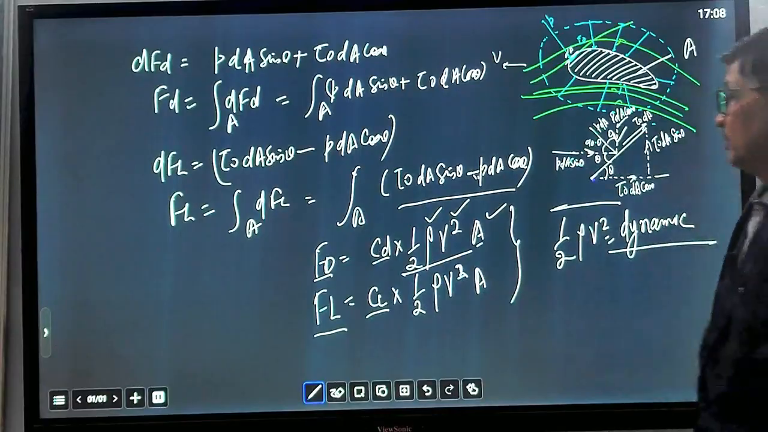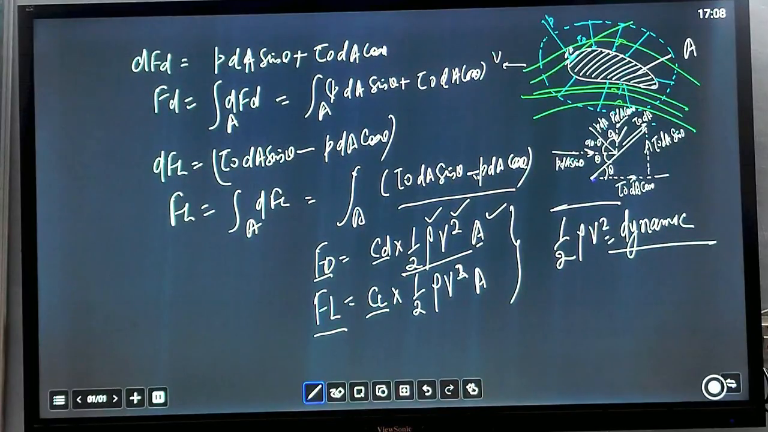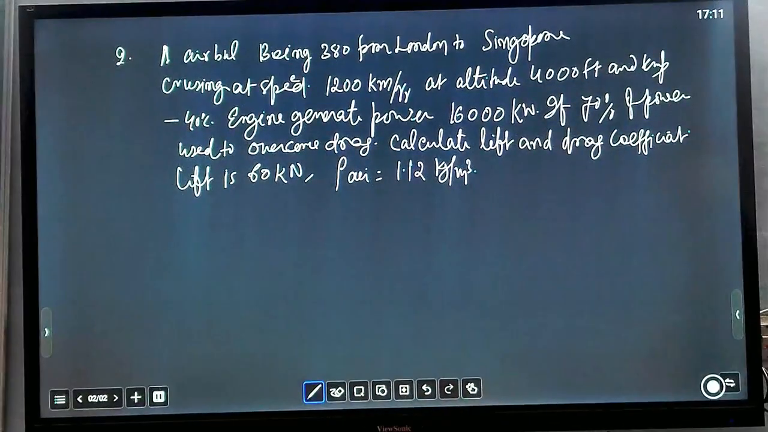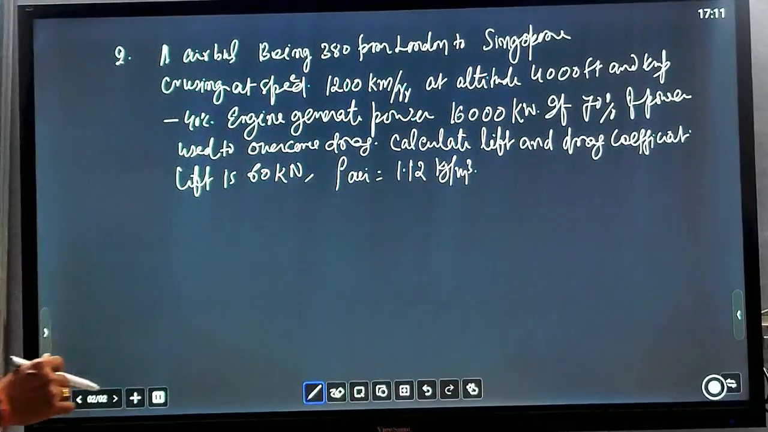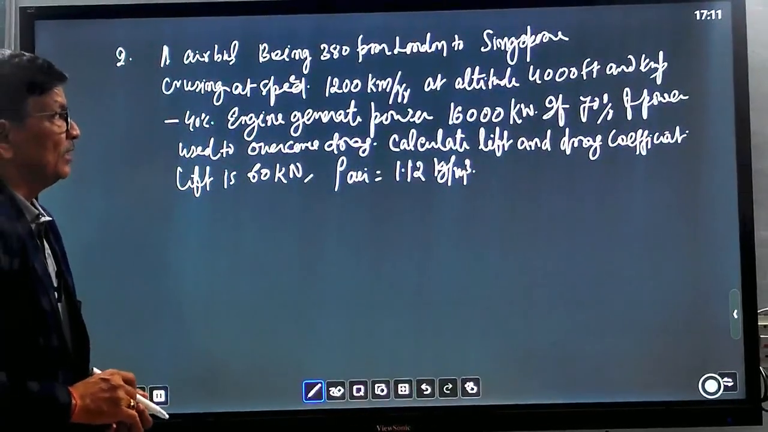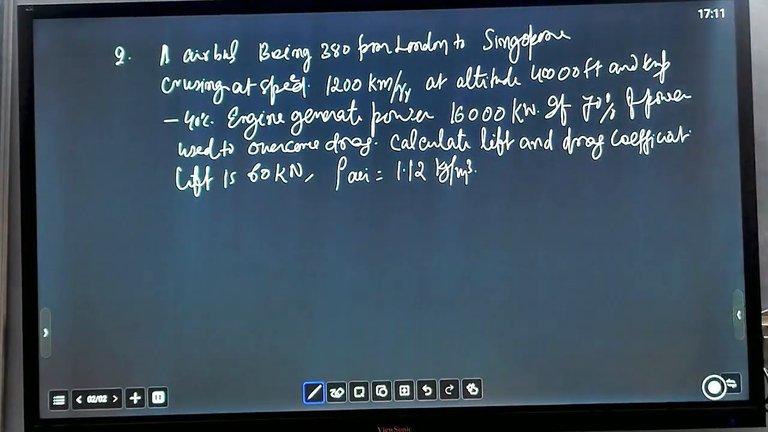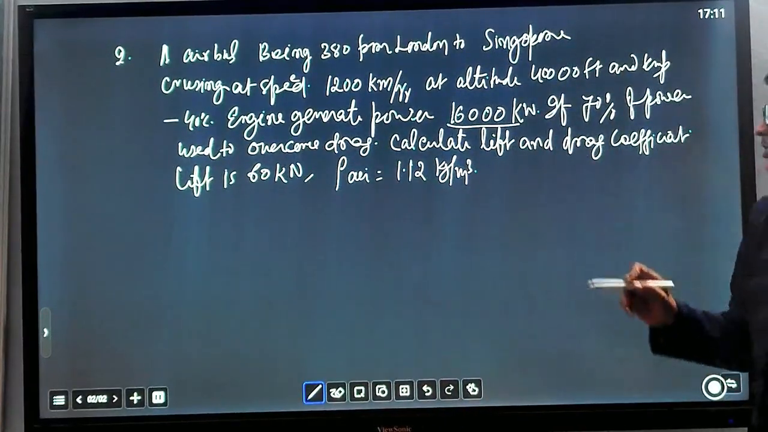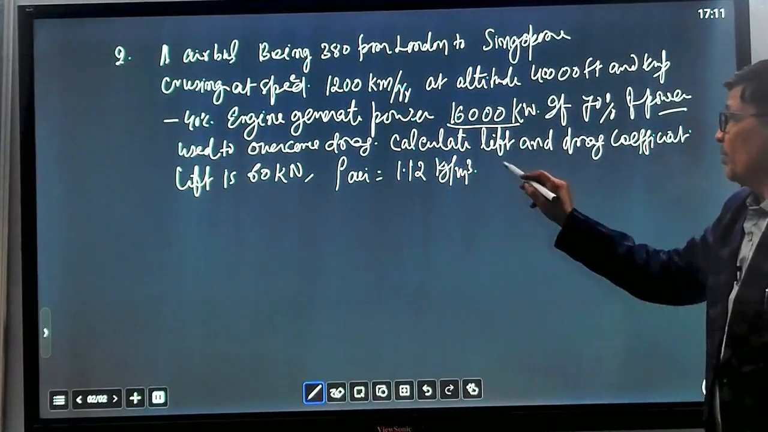This topic becomes very interesting when you solve one question. So let us solve one question here. It is a very interesting question. An Airbus, Boeing 380, flies from London to Singapore, cruising at a speed of 1200 km per hour at an altitude of 40,000 feet, and the temperature is given as minus 40 degrees centigrade. The engine generates power of 16,000 kilowatt. If 70% of the power is used to overcome the drag, calculate the lift and